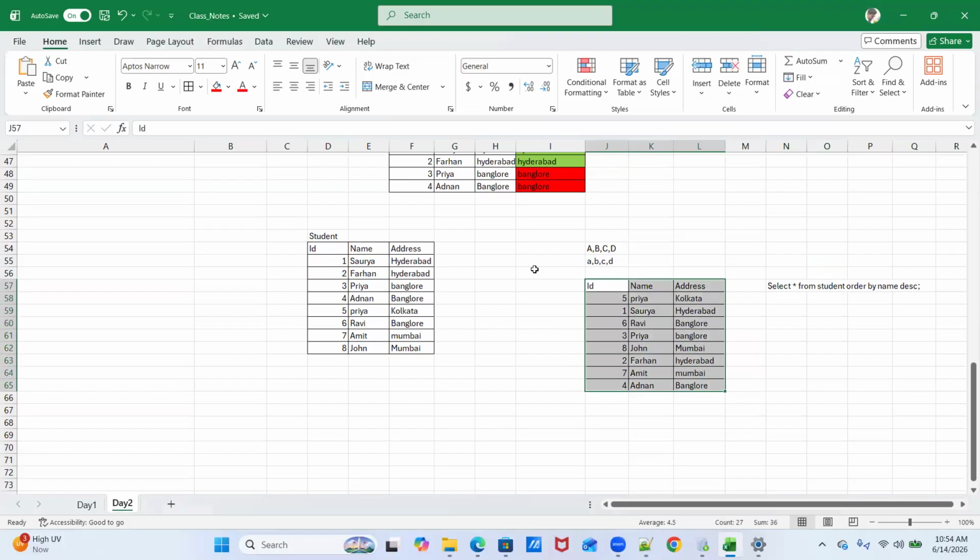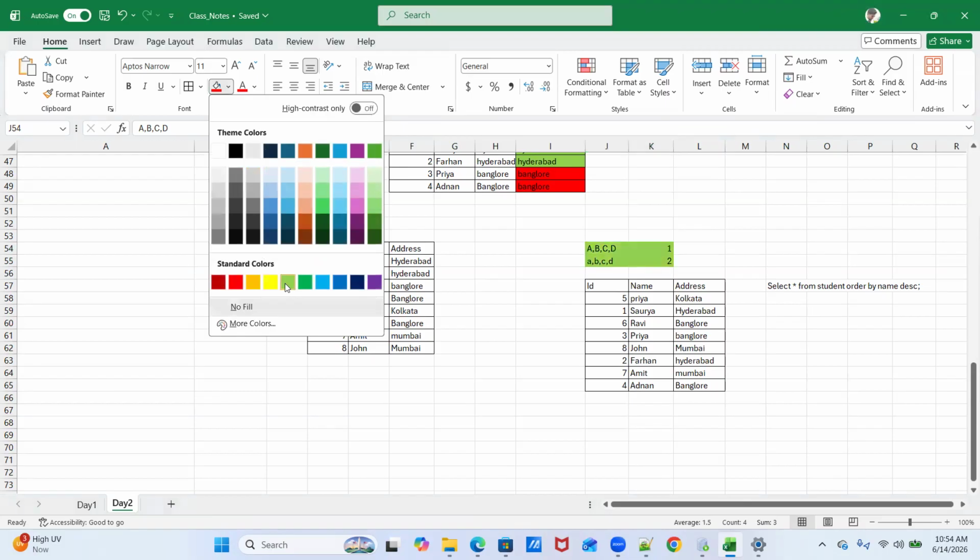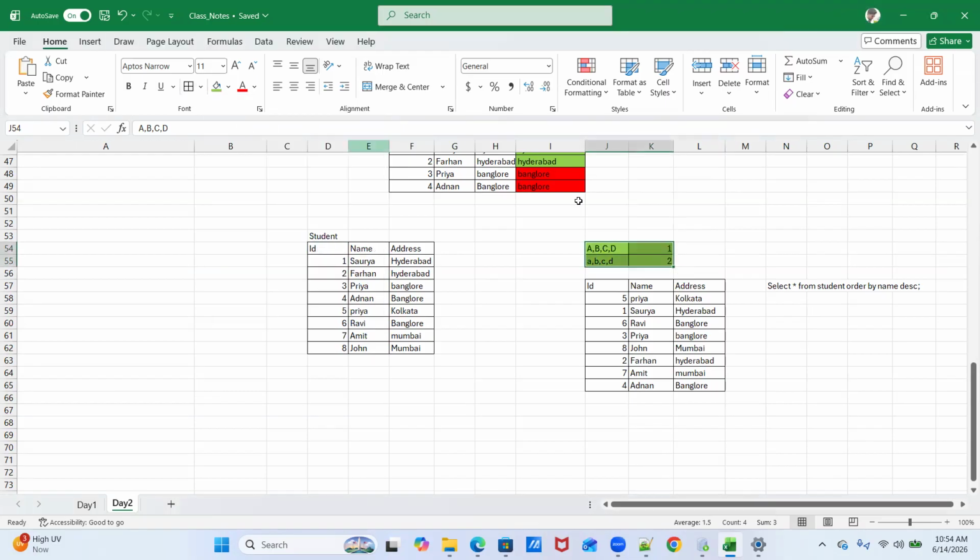What did I mention? First the uppercase of the alphabet comes, then the lowercase of the alphabet comes. The capital letters, and then the small letters. So this is the priority of these two alphabets. Now, we try to sort based on descending order.